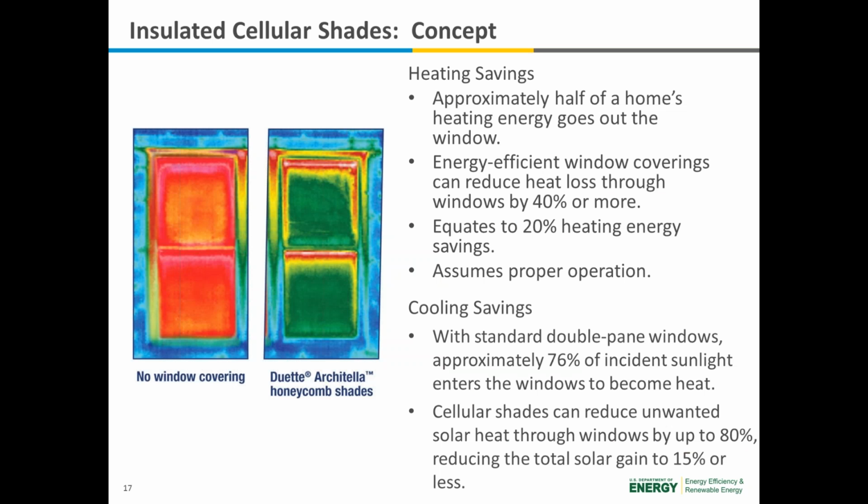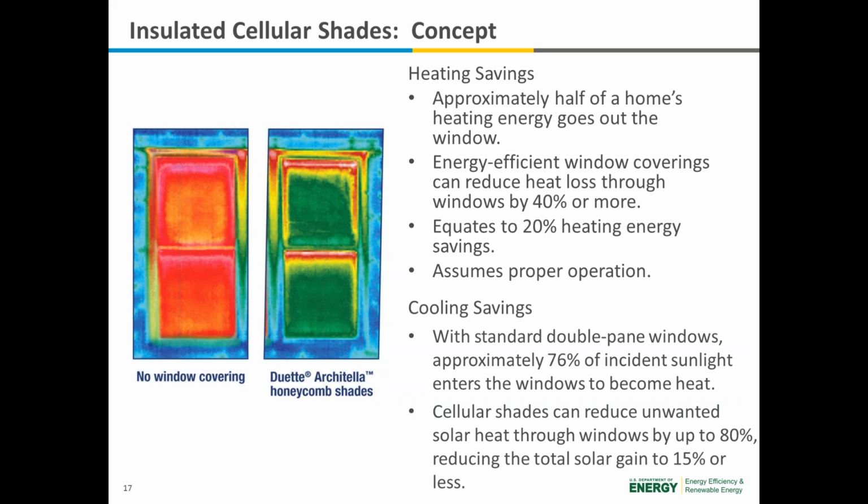And when you look at IR images, we see a similar story. In this case, the left window shows the primary window with no window covering, significant heat loss. The same window with the insulated cellular shade shows dramatically reduced heat transfer and heat loss out of that window. This particular image and the insulating benefit, of course, has a primary benefit in the winter, where we can see